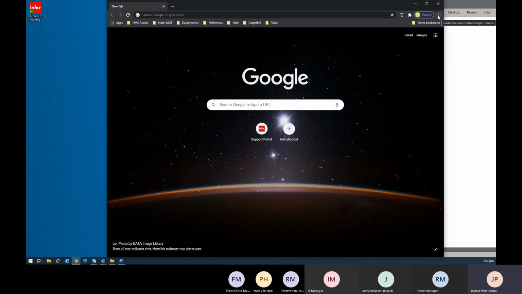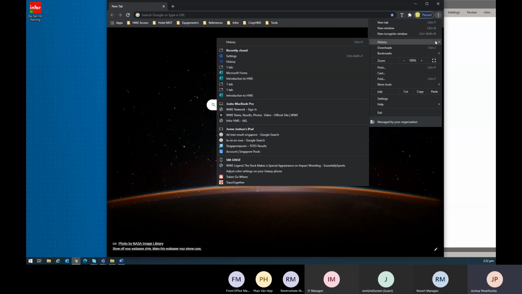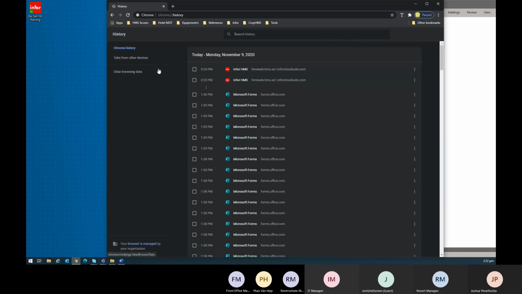again on the upper right-hand corner of your screen. And we're going to the history. And right at the bottom, we're going to click on the history right here. And right here on the left-hand side of your screen, we have what we call clear browsing data, right? So we're going to open this one up,